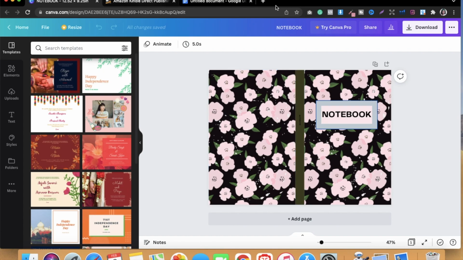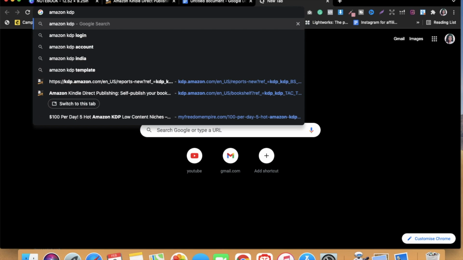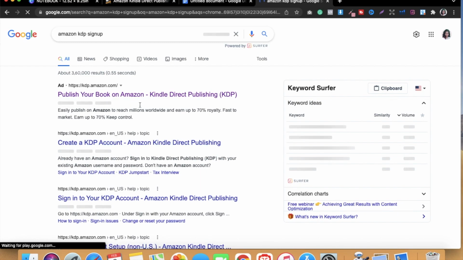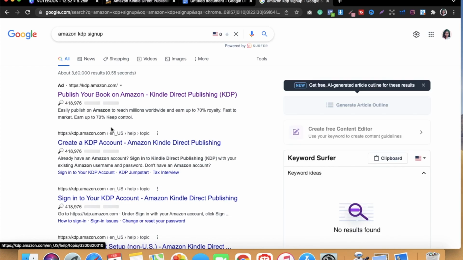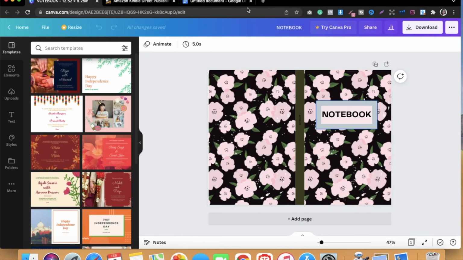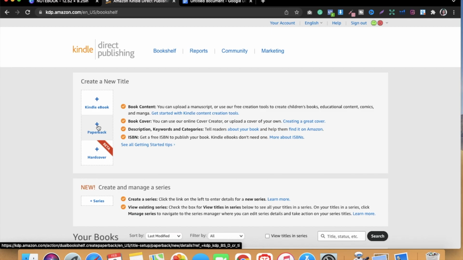Okay, so what you have to do is go to Amazon KDP sign up. Once you go there, if you haven't created your KDP account, you have to go ahead and create your account. And if you have already created your account, you have to sign into your KDP account. So here you can sign in or sign up, it's up to you. Once you are done, you will get the link to reach this dashboard. Now here I'm going to take the paperback, because in this video I'm going to create a paperback. If you are going to create a hardcover, you can do that as well, but for now it's paperback. Okay,